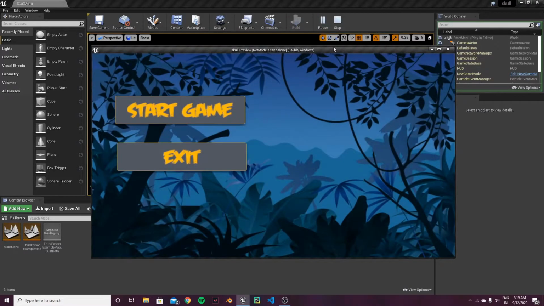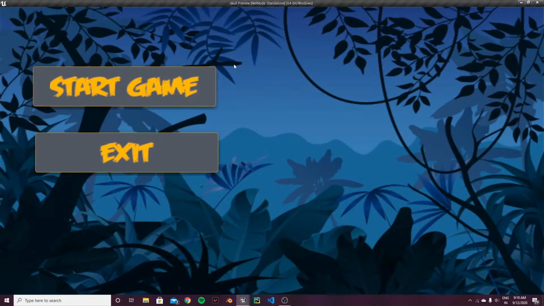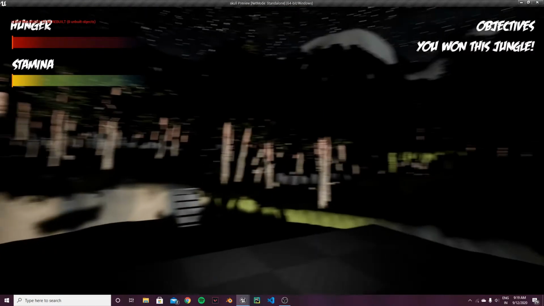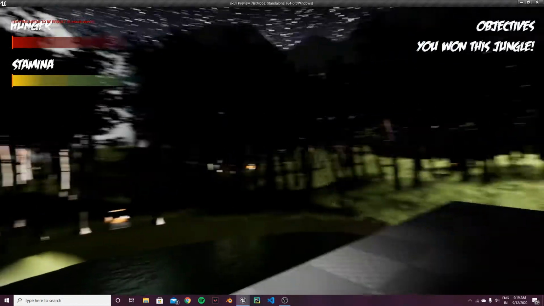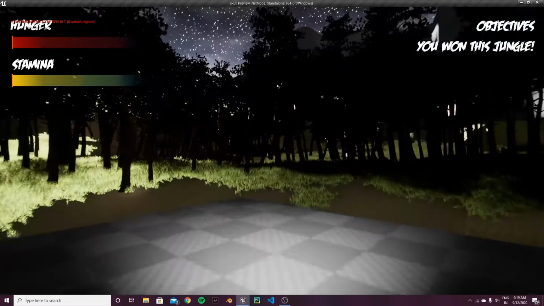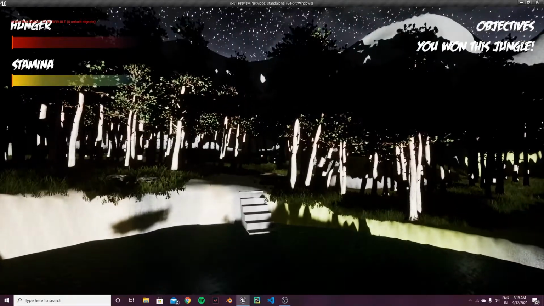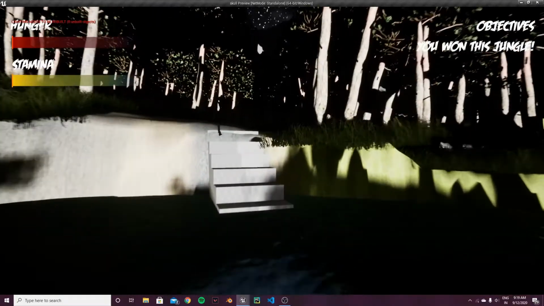So let me go into the test. Yeah, I hope you can see it. So now as you can see, there's a screen. Now you can exit or start the game. Exit doesn't do much, it just closes the game. So start game, and this is the night look of our game. And this is a platform where the player starts, and when you just go down,